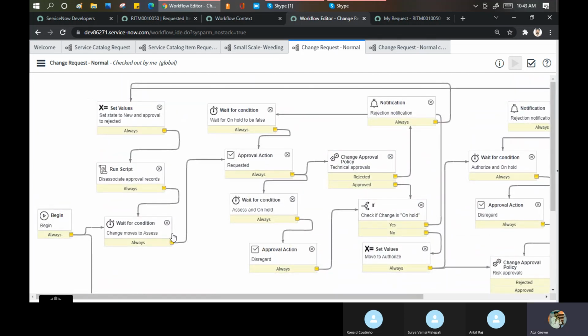It started from here, went to SS, approval check went from here to here, went to approval action. See, it went to approval action, here it is going to two places, it will go to policy, it didn't go on hold. If approved, what will happen, if rejected, what will happen, went to authorize, then what will happen. You have to check all these things. I'm not going forward. Otherwise, from my side, this topic has been done. We can start with the flow designer. But as of now, I'll give you the break here and you do this kind of study today.